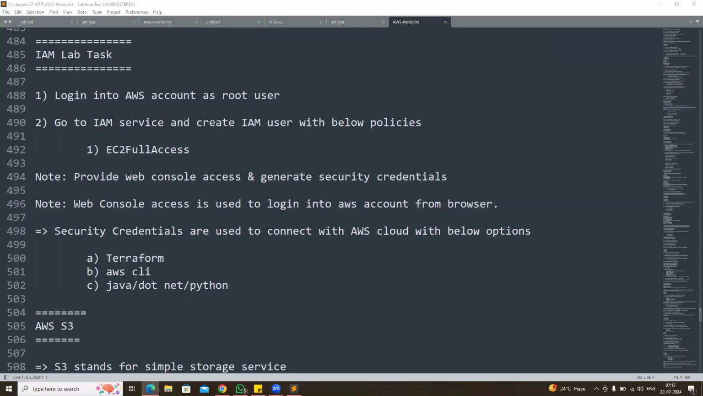Can anyone tell me the difference between AWS console access and programmatic access, guys? Console access is through user ID and password. Programmatic access will use a generated password and